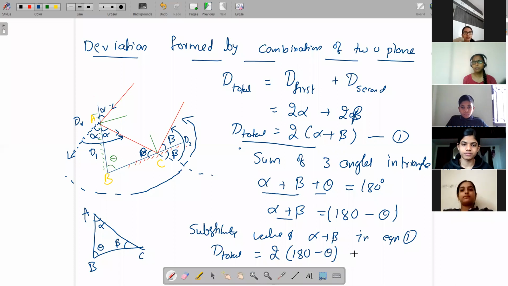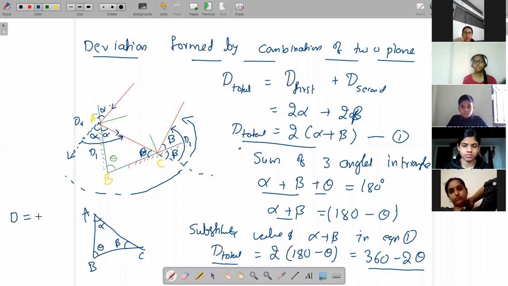So now multiply 2 into 180 minus theta, how much? 2 into 180 is 360 degrees, 2 into theta is 2 theta. So it is 360 degrees minus 2 theta. Okay, so this is the value of the total deviation. Now the normal deviation in a single plane mirror, have you remembered the value? Let us take small d, that value is 180 minus 2i. It is not 2 theta, it is 180 minus 2i. But here it is 360 minus 2 theta, based on what angle.